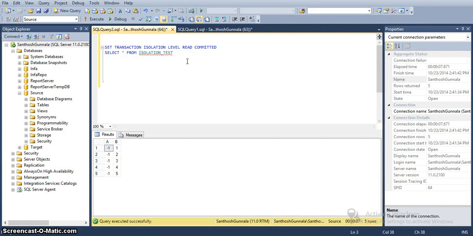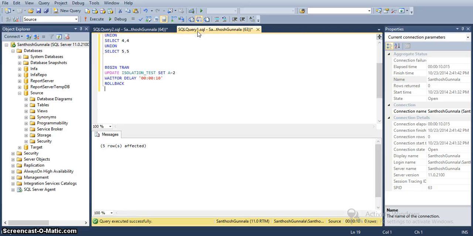In our read committed level we will see only the committed data. As this transaction is in a running state, we can't read this table data. Once this transaction gets completed, then only we can read the complete table data. While performing any DML operations like updating or inserting, exclusive locks will apply on this table.